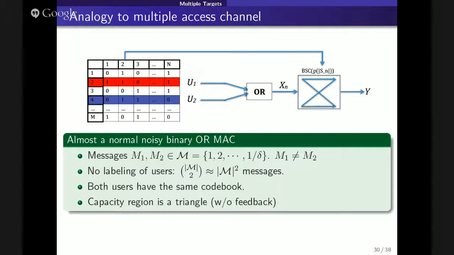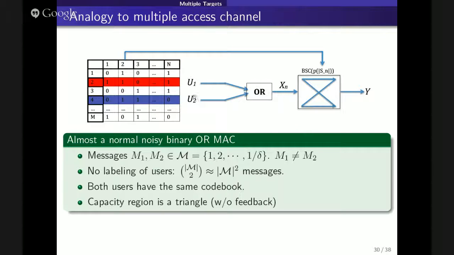So here's basically our system. And the way we handle this problem is we think of it as a MAC, a multiple access channel. Okay, so we have two users. We have these two lines going into an OR, and then we add noise, which is measurement dependent. So think of two users having exactly the same code book, each sending a specific line. So this is a multiple access channel with two users having the same code book, each sending a line, and then what I'm getting in the output is just the output of an OR map, a binary map, with noise.